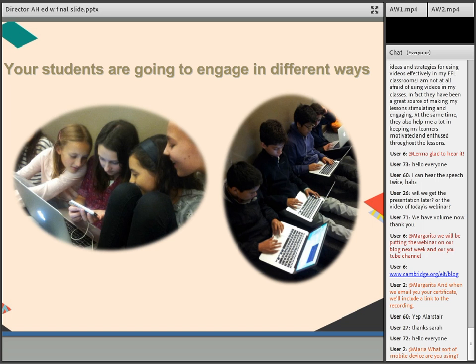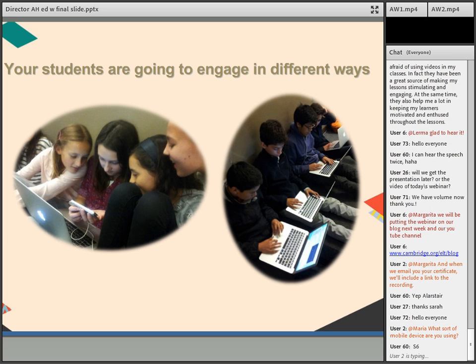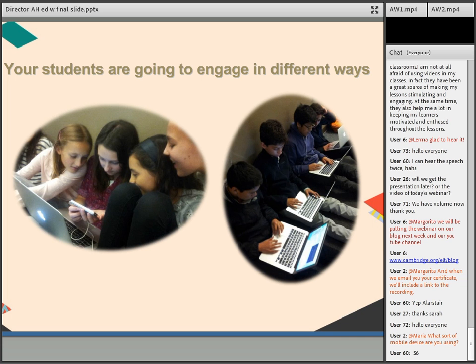We've got the girls on the left here all around the phone and the one computer and chatting away, trying to figure out what they want to do, and the boys with all of their individual computers working silently and trying to sort things out. It was fascinating to see how they were approaching the same project in a different way. So be comfortable with that. Know that you're going to get students doing different things. They shouldn't all be doing it in the same way, if that's a part of the creative process, is having this difference.